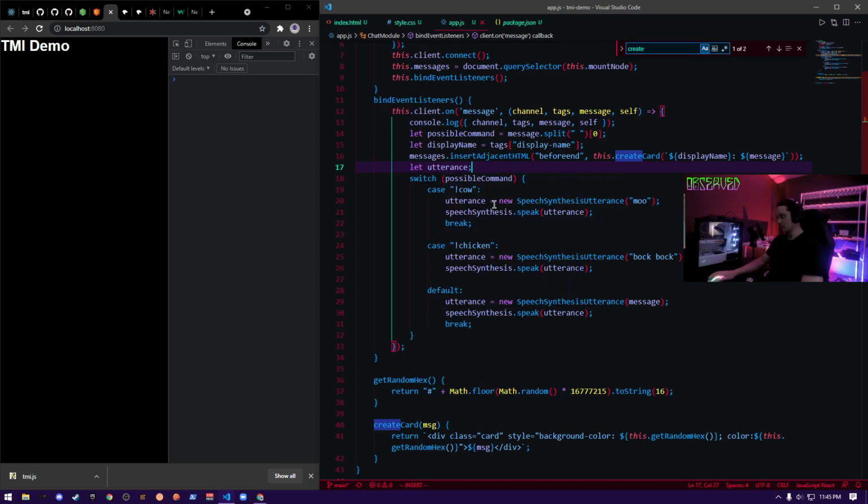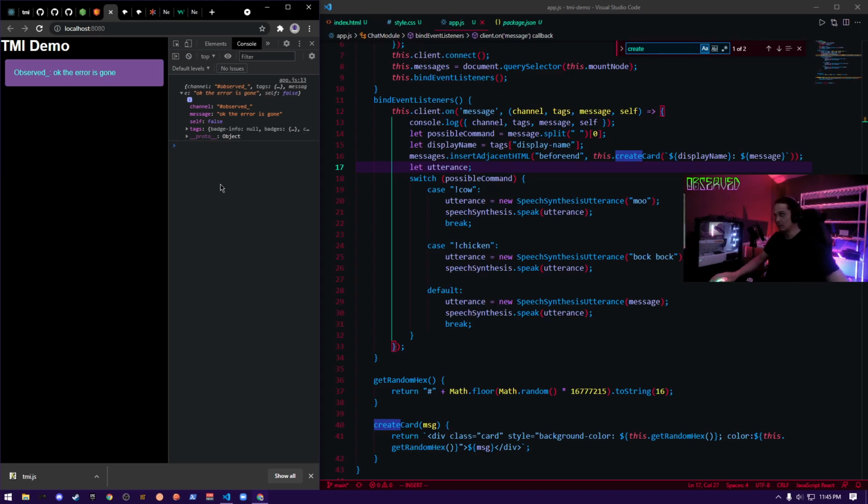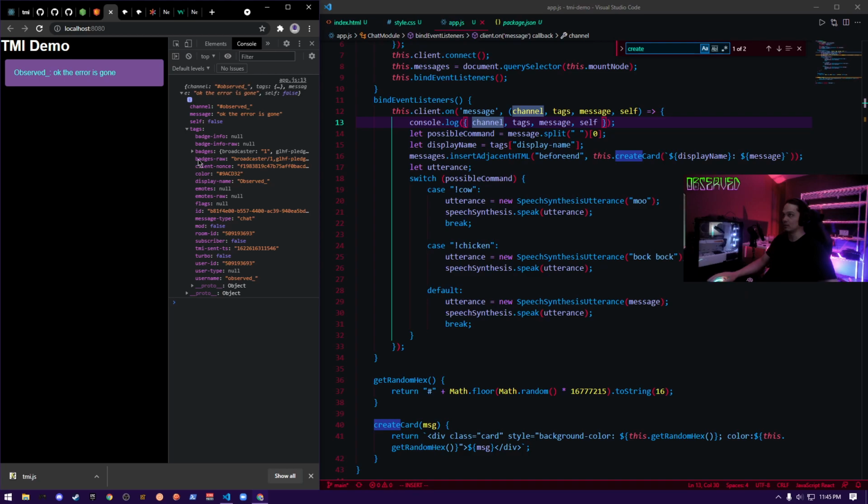Okay, utterance will work though. Now we could try this. Okay, the error is gone. And then all this stuff is, I just console logged everything that's being passed in this client on function, client on message function, and it's pretty cool what they have in here.